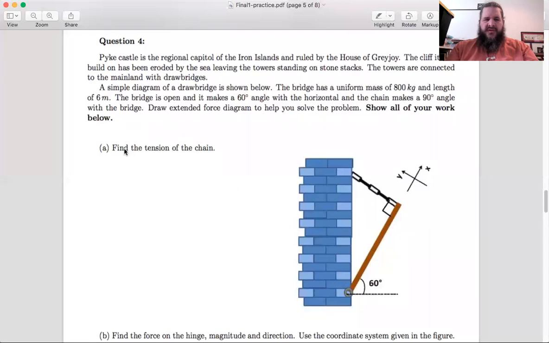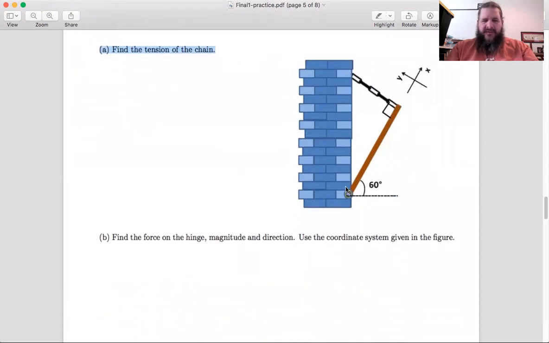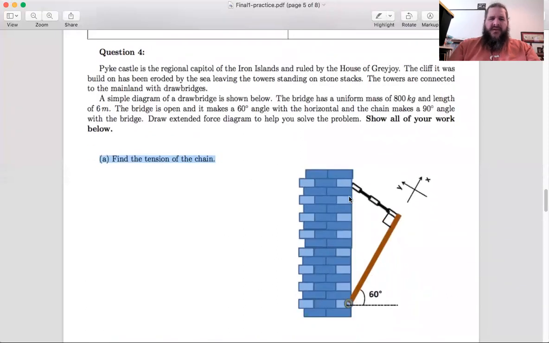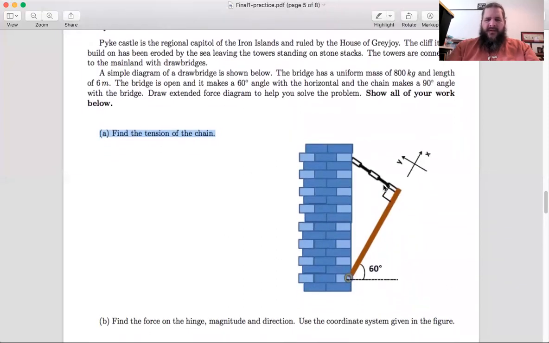Looks like the first part is just asking, yeah, we could take a look at that one next. Looks like this first part is just asking what's the tension in the chain here. So we need to figure out how much tension force there is in this chain, and later we're also going to want to find the force of the hinge. Based on that concept that we're trying to find the force in the chain and the force in the hinge,